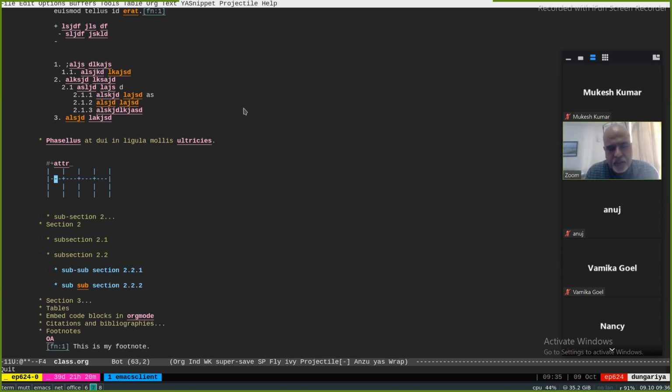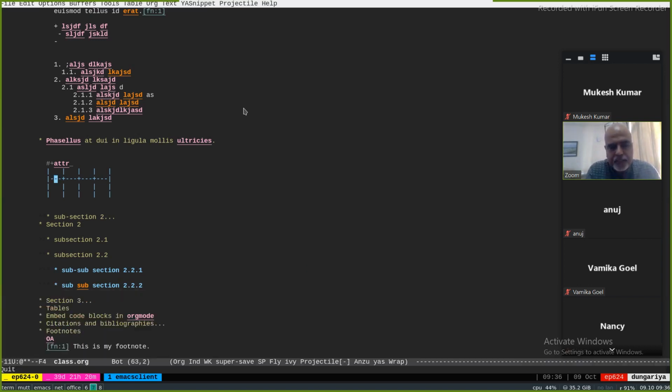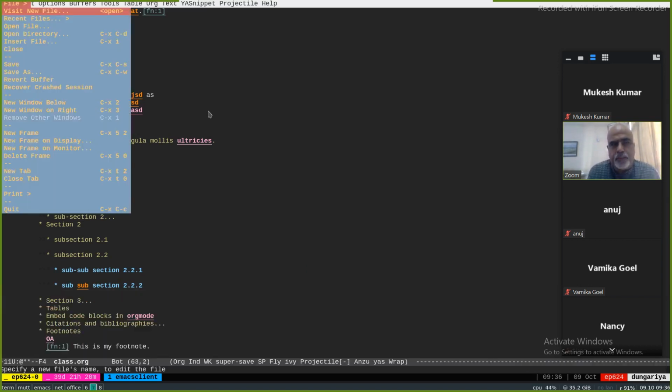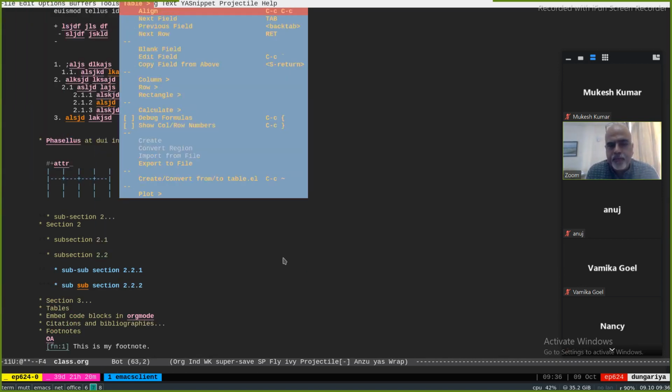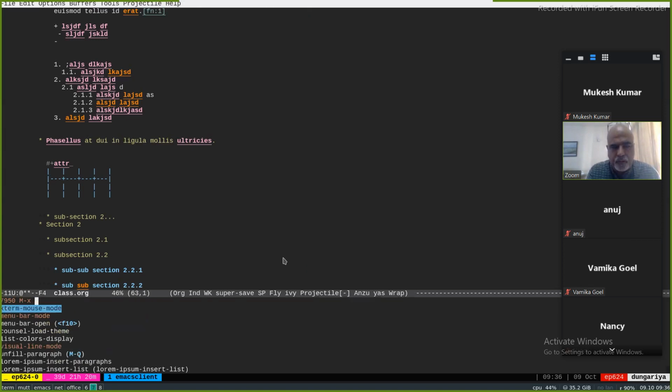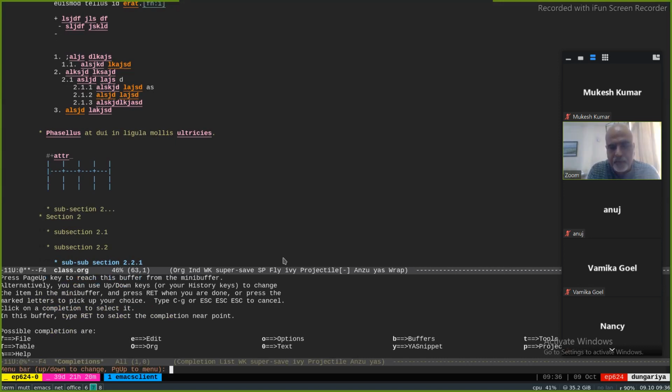You can turn it on with Meta X menu-bar-mode, and F10 opens this menu. Even if you don't have the menu showing up, F10 would. Look at this, there's no menu, but I can still press F10 and it gives me these options.